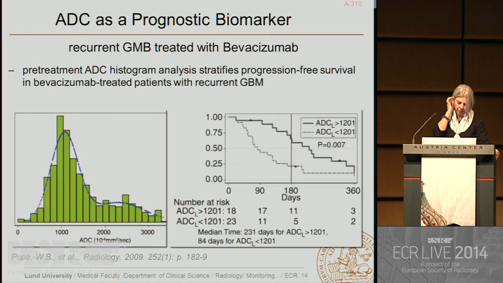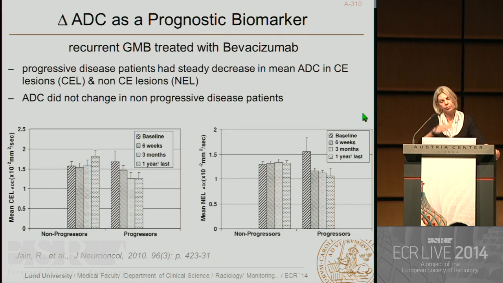Finally, then, a few words about the consequences of ADC and prognostic markers when we are talking about angiogenic therapy like Avastin. And again, here we show that pre-treatment ADC histograms are very good in stratifying the progression-free interval in patients treated with Avastin, and the ones that had a higher ADC value had a longer overall survival, or progression-free interval, I would say. The same goes when you look at